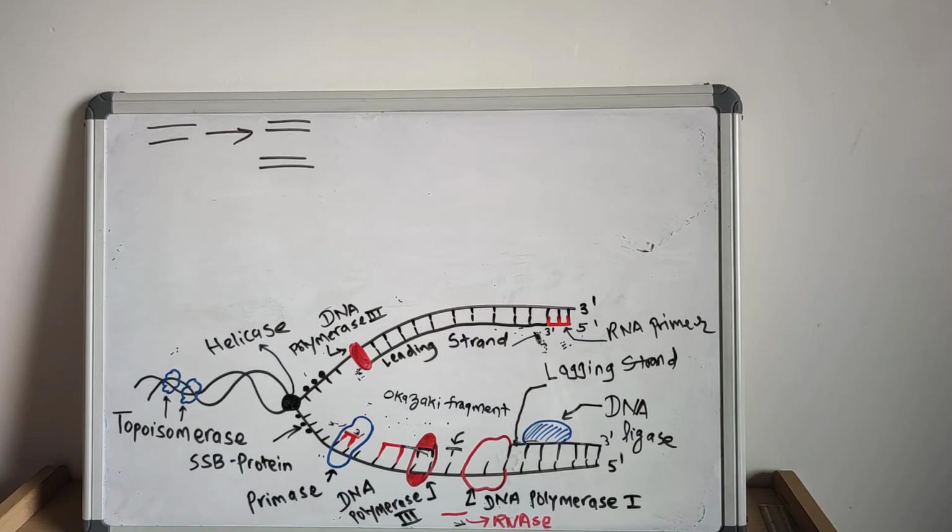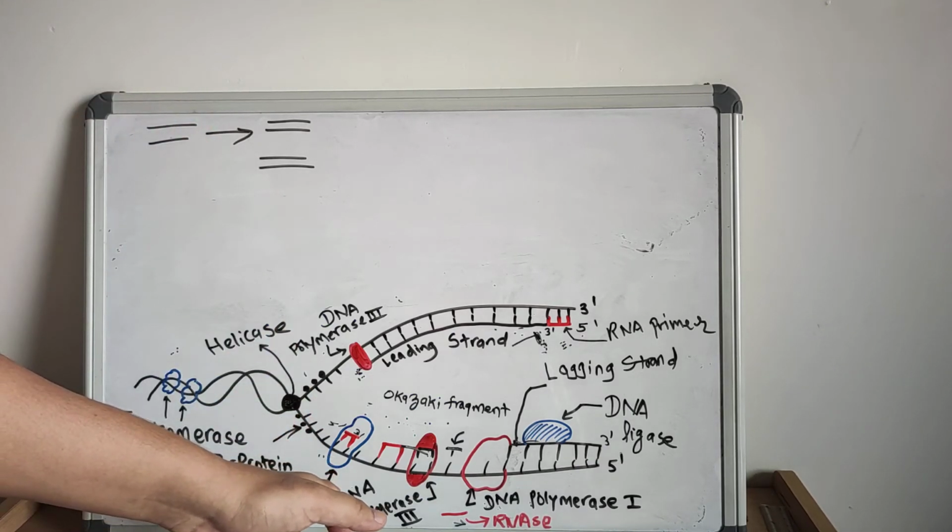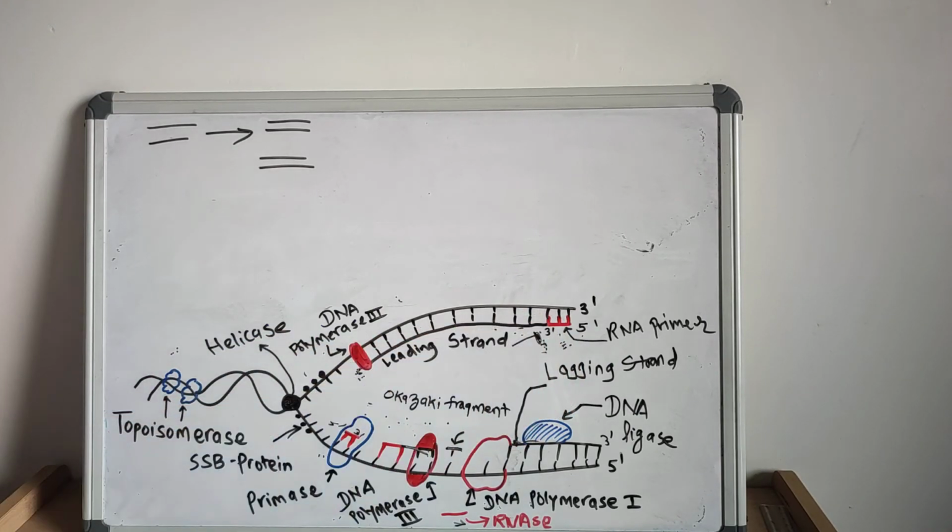And the unwinding of the double helix DNA, in both prokaryotic and eukaryotic cells, is done by the helicase. Now stabilization of the unwound template strand is done by the single strand DNA binding protein, SSB protein, in both prokaryotic and eukaryotic cells. The synthesis of the RNA primer is done by the primase in both prokaryotes and eukaryotes. And the synthesis of the DNA leading strand and lagging strand, also known as Okazaki fragments, is done by DNA polymerase 3 in the prokaryotic cell, whereas DNA polymerase alpha plus delta in the eukaryotic cells.